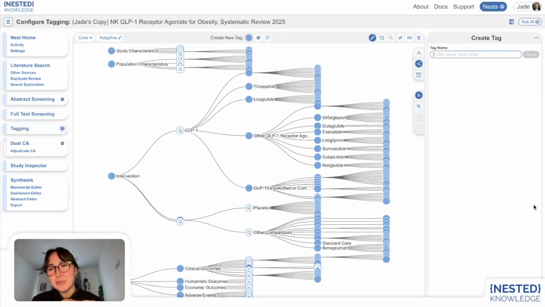Today I'm going to walk you through Smart Insights. Smart Insights is an AI tool that generates clear, evidence-based written insights from any data that has been extracted in your nest. So first things first, you want to have it created tags and have extracted the data from the